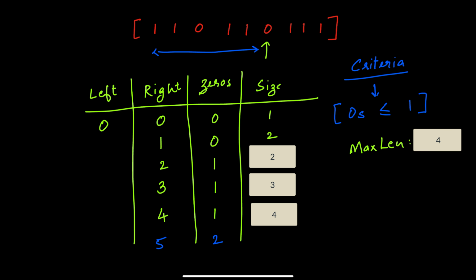As it breaks the criteria for the number of zeros in the subarray, we cannot use it. So now we need to stop incrementing the right pointer and instead increment the left pointer to shrink the window size. And this shrinking will continue until the criteria is met. That is, we only have 1 0 in the entire subarray. As 0 is on index 2, we need to increment the left pointer twice to be able to meet the